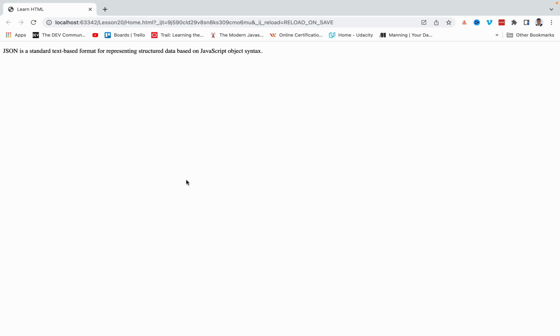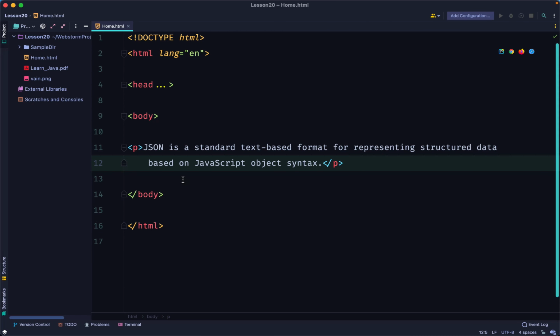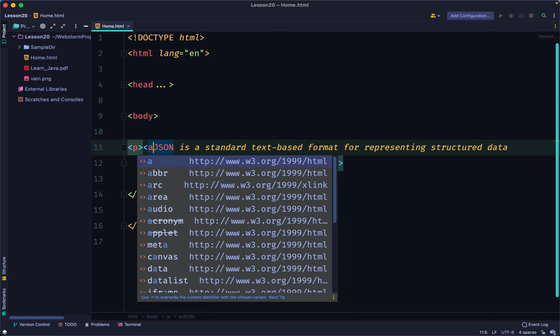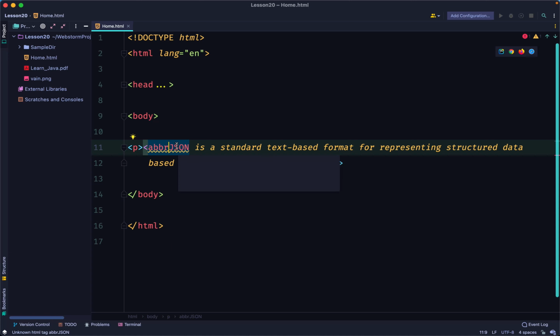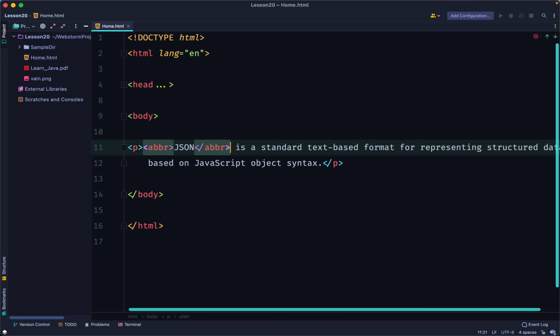So we have a text. JSON is a standard text-based format for representing structured data based on JavaScript object syntax. Wow, that was a long one. But in this situation, we have an abbreviation, JSON. So what is JSON? So to include the definition or the actual meaning, we're going to have it surrounded within